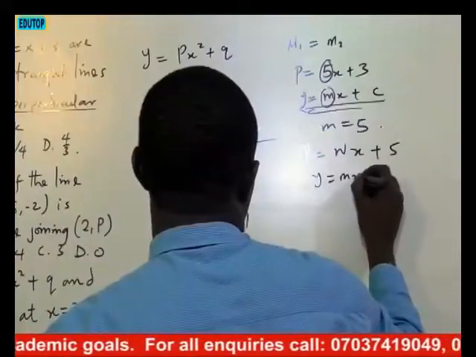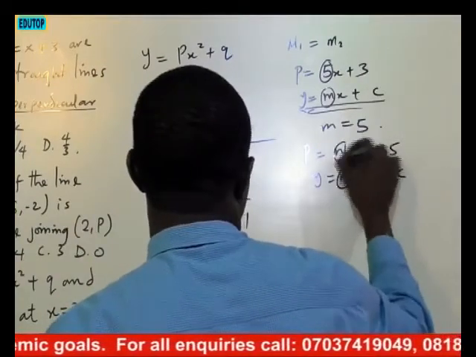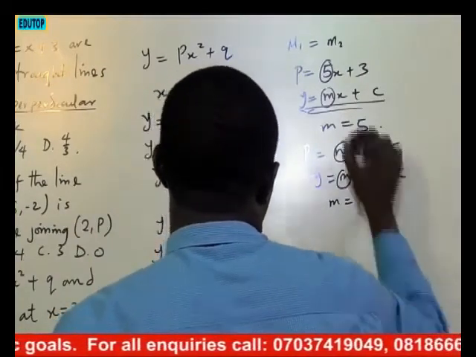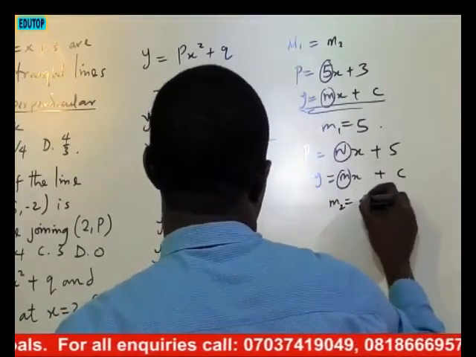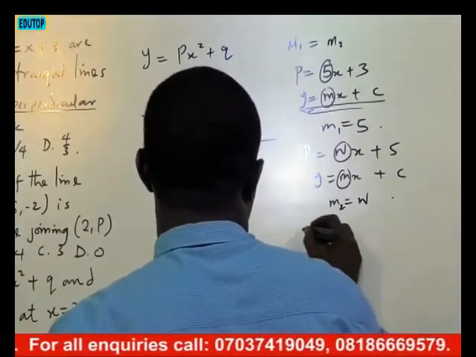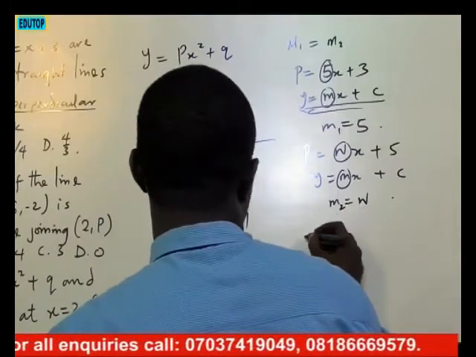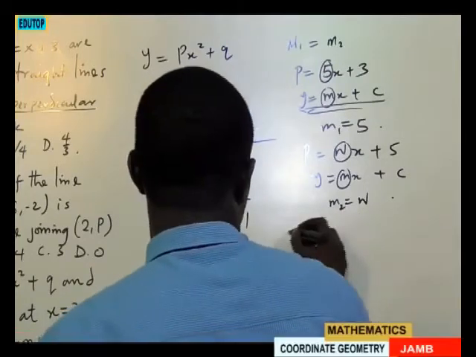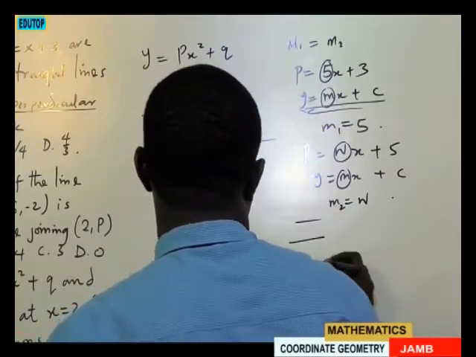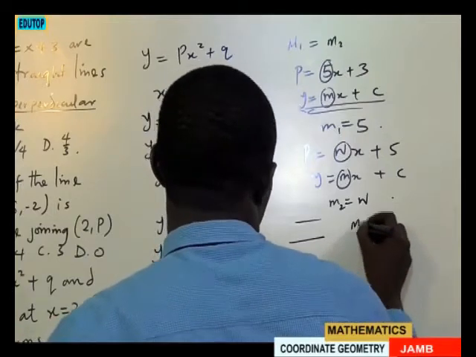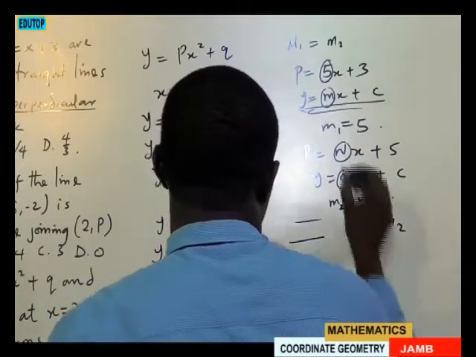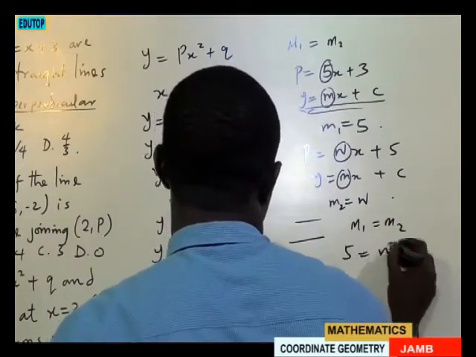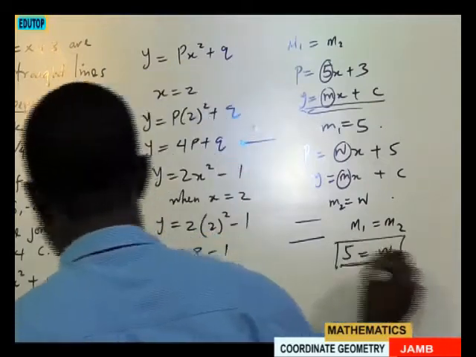y equals to mx plus c. So my gradient m equals to what? This one is m1 and this is m2. M2 equals to what? W. So for the two lines to be parallel, my m1 must be equal to what? M2. What's my m1? 5. What's my m2? W. So my W equals to 5. Simple